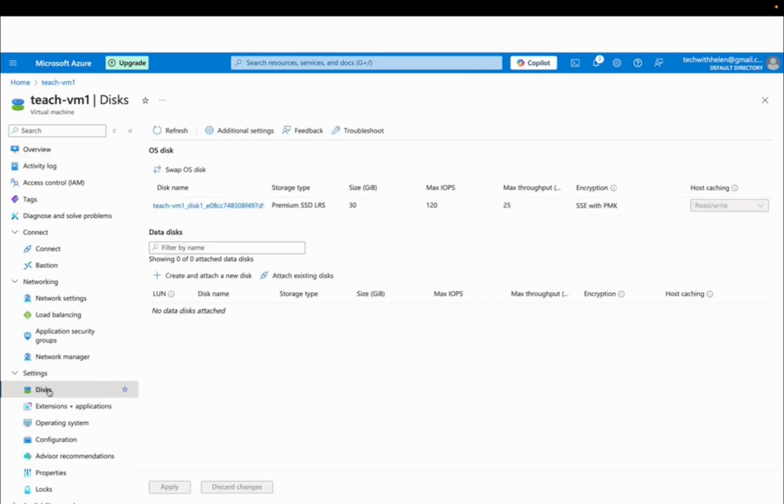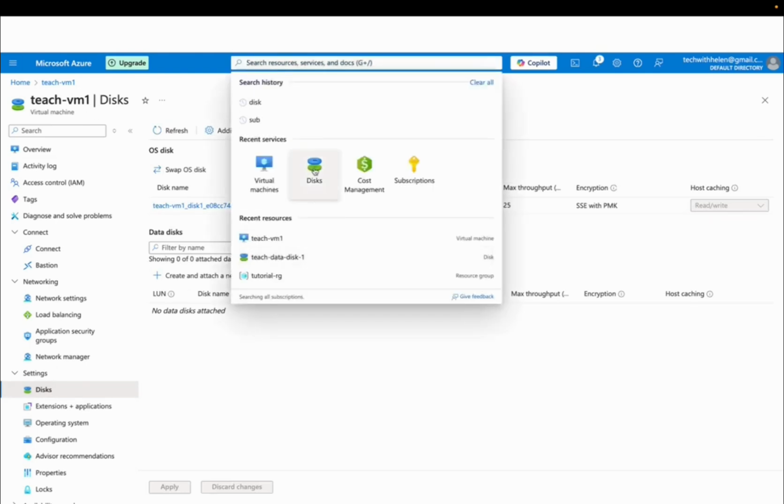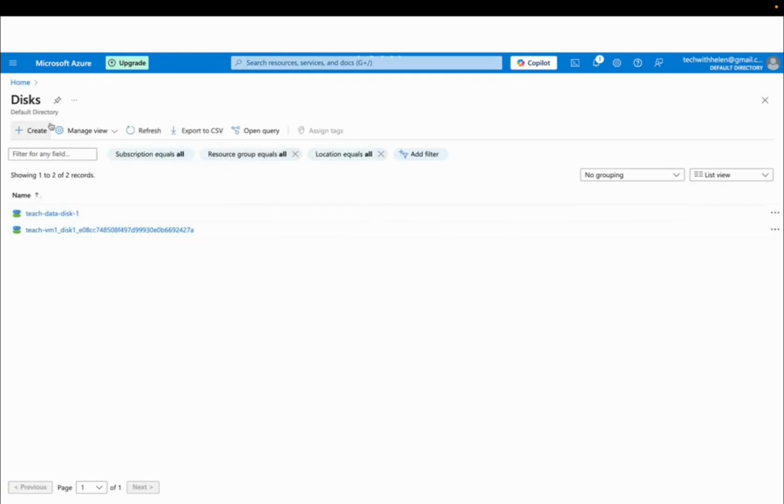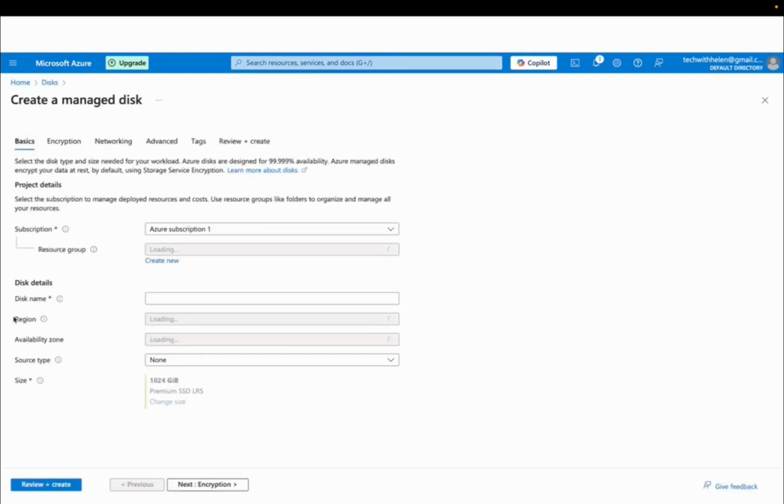So if you don't have a disk already, you need to create a disk. Okay, create an Azure managed disk, and it's so easy to do that. Maybe I should just show you the option, but it's actually very simple to create. Once you open the disk service, click on create